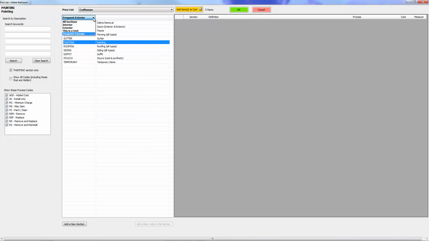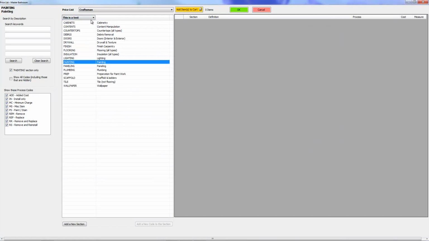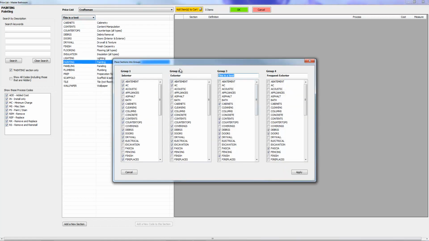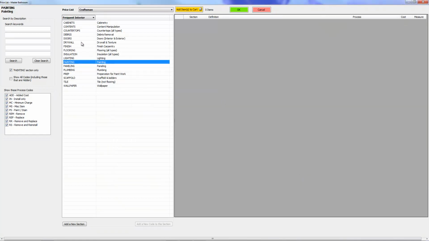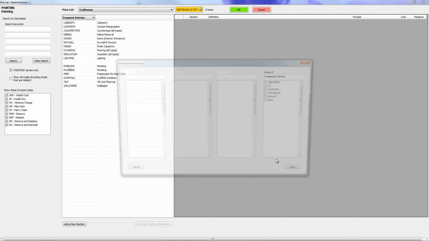And when we go to the drop down, it says this is a test. Okay. Now let's go ahead and go back to right click. I'm going to go change it back and hit apply. And now I'm going to go ahead and right click and go back, and I'm going to show you how